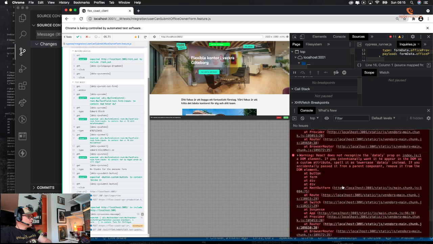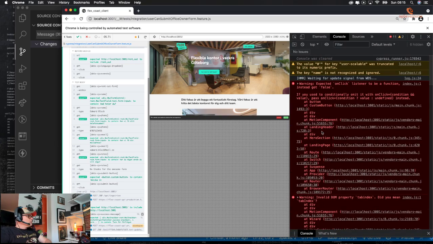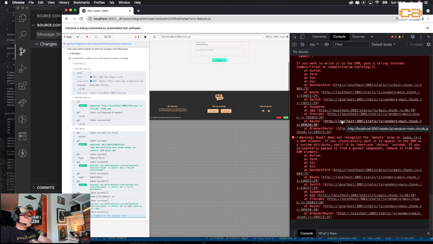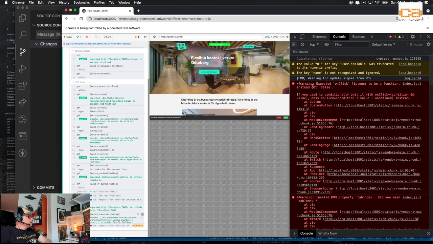What the F is going on with the red stuff? Let's rerun this once and see. Right. Warning: expected onClick listener to be a function, instead got false. What? If you pass a condition limit, you need condition and value.